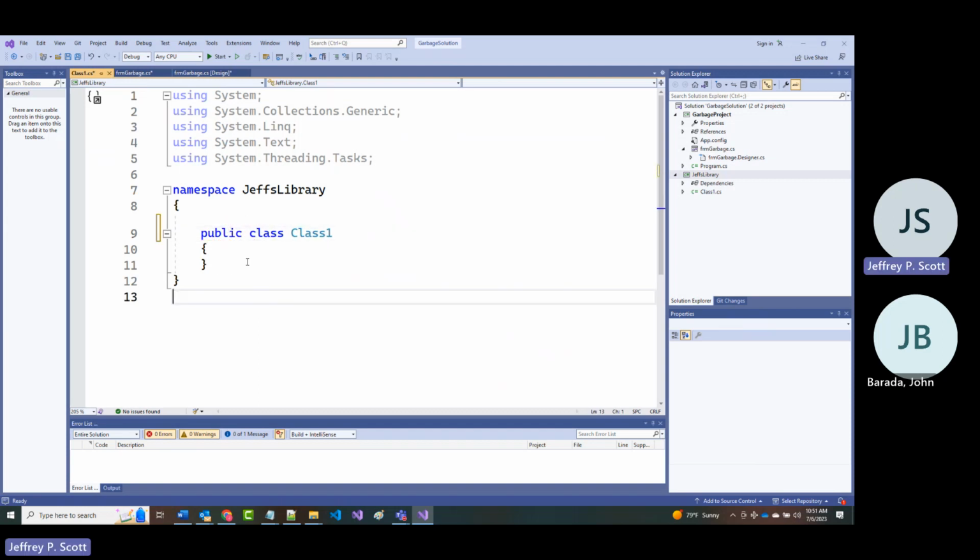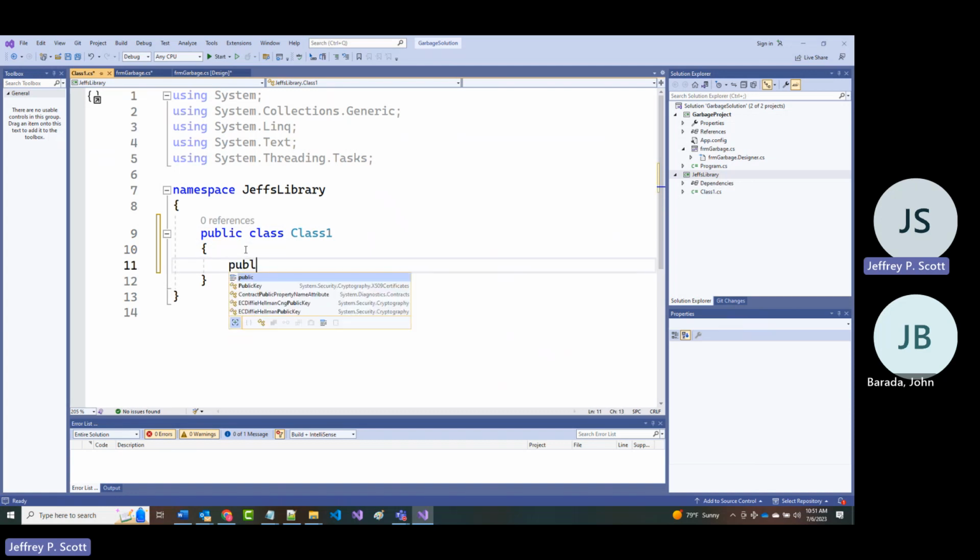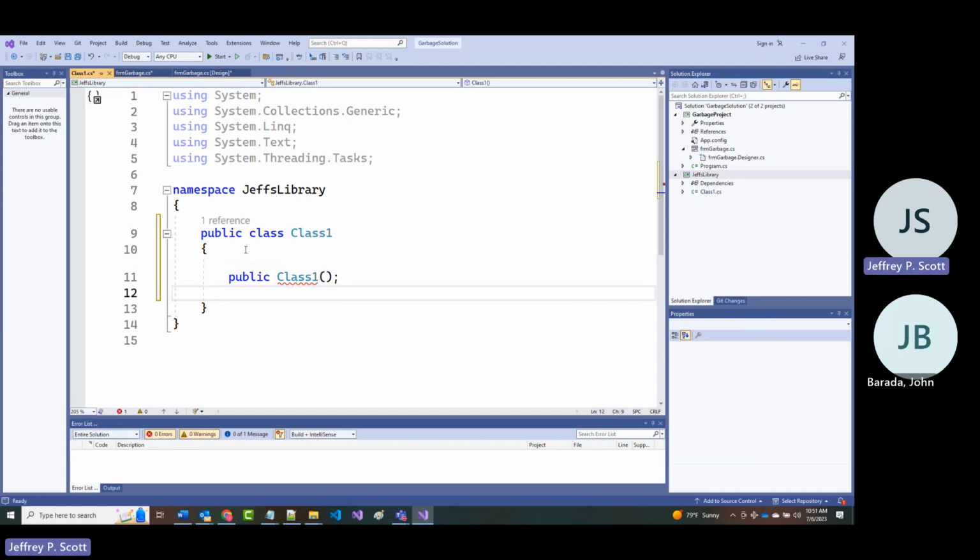And to keep it simple, I'm going to come in here and just put a public class 1, like that. So I've got, and I don't want that, I want that. Okay, so I've got that. And let's put in here, I don't know, a string for a name.